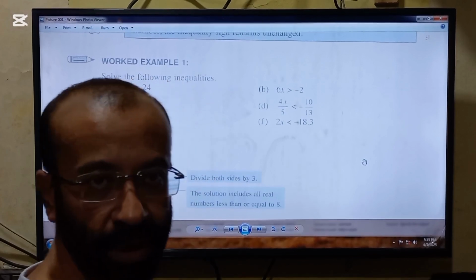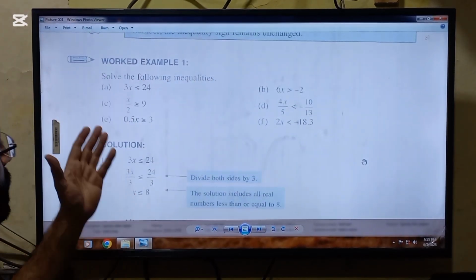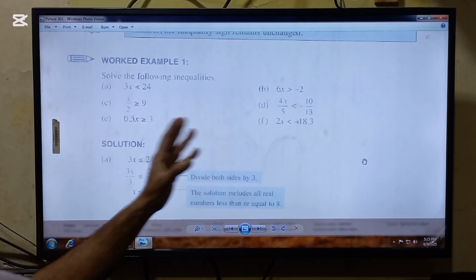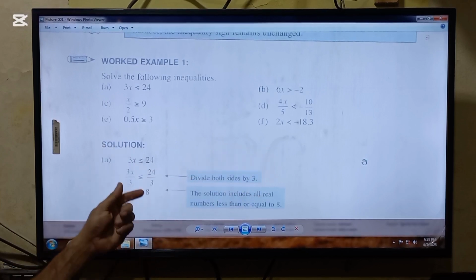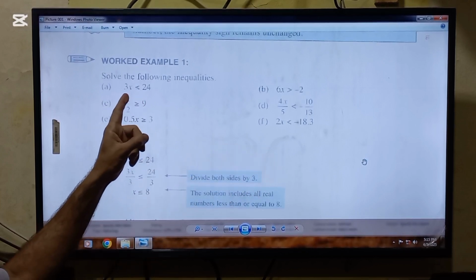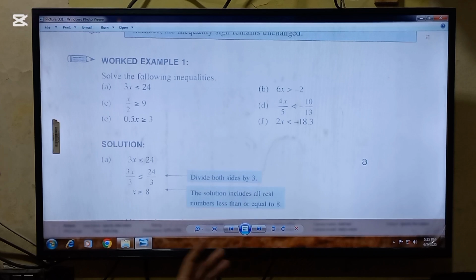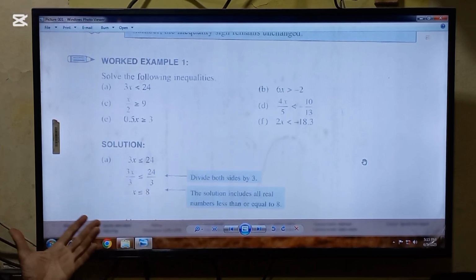Here are some questions that will make your concepts more clear. The questions are: solve the following inequalities. Here are A, B, C, D, E, F parts. We are going to solve A part. 3x is lesser than or equal to 24. Here is the question. So 3 is multiplying with x. When it will go to the right side, it will go to the denominator of the 24,